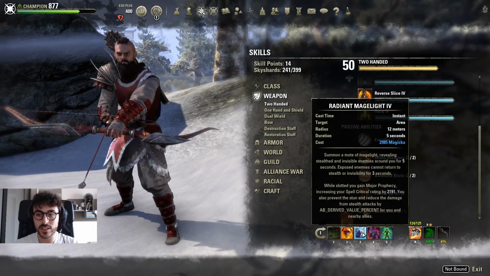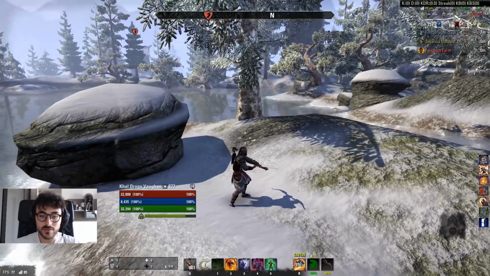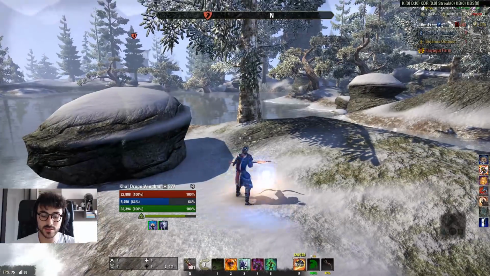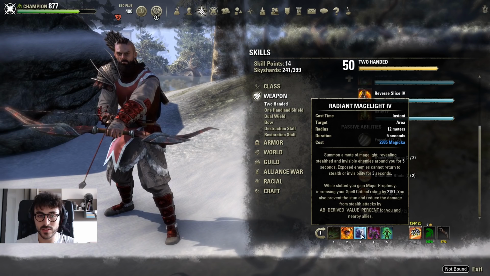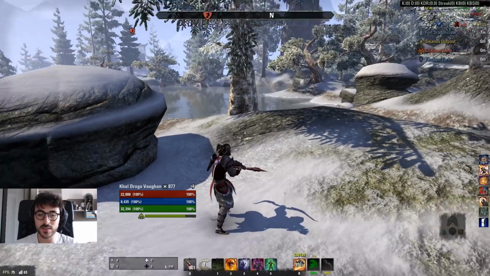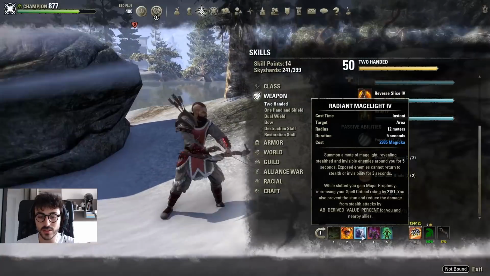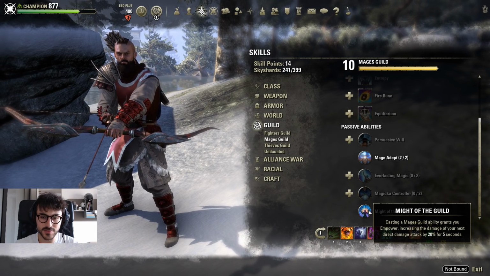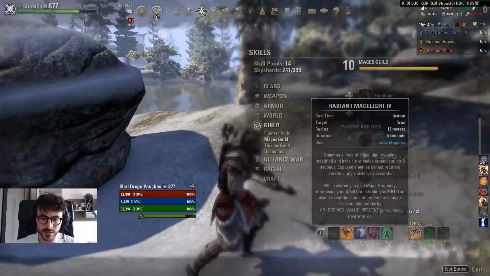Okay, then Radiant Mage Light, really good to avoid the Nightblade ganking because we cannot be stunned with this ability. Okay, with those changes, we don't have half of the damage reduction from stealth damage anymore, but I still like it for defensive skill and for offensive skill because, you know, the last passive for Mage Guild empowers your next attack. So if you are